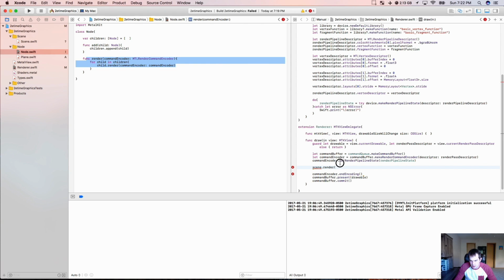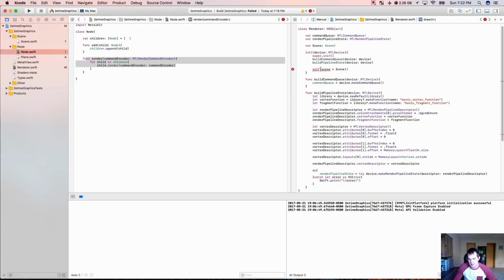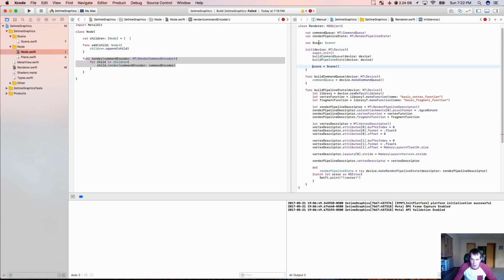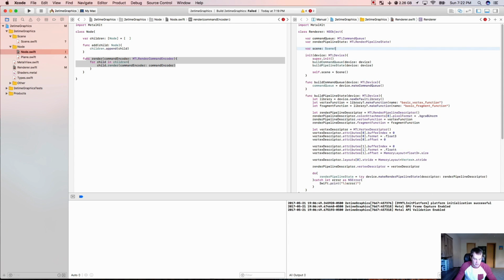So here I can just call scene.render, pass the command encoder. Right there. And so there, we got rid of all the rendering. We're going to let the scene do all the work. We'll worry about this pipeline state in just a second. Oh, because this is not. Solve that. Okay. Yeah, we're going to get rid of this render pipeline state in a second too, because that doesn't need to be on here because we can apply. But all right, so